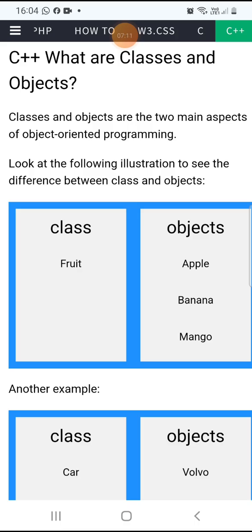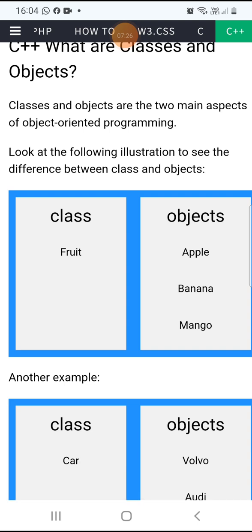All are similar terms. Don't confuse yourself. Object characteristics, object properties, object attributes, object parameters, all are the same terms. Because every object, in real time, a Toyota car is an object. That car is part of a class, car class.